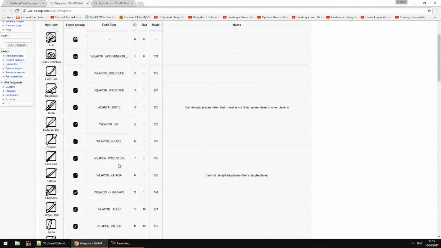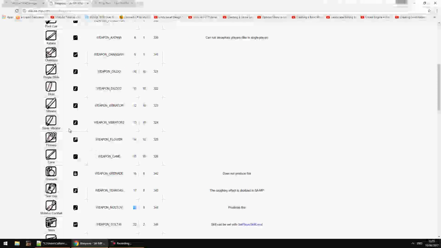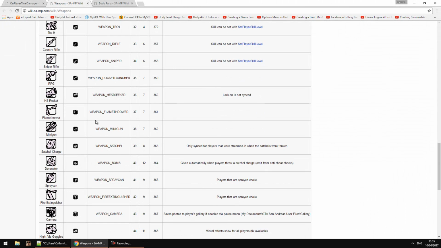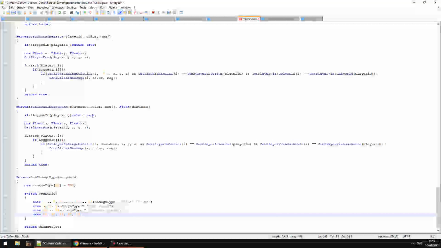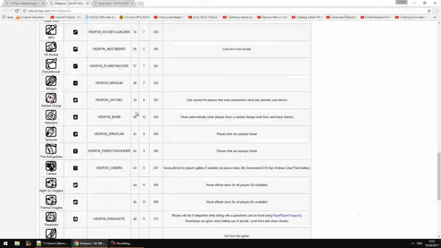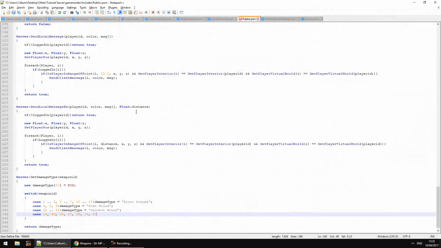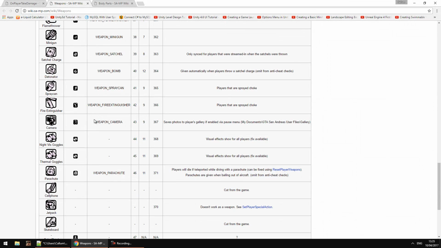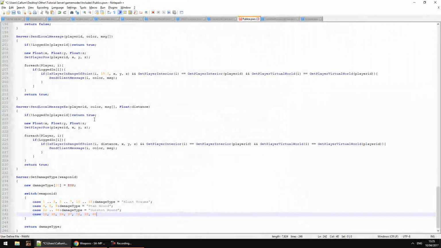Okay, that's that, and now explosives, so we'll go down to grenade, so 16, 39 and 40. I know the satchel detonator doesn't do anything, I don't think, but you know. And that's it. So that will be damage type is equal to burn slash explosive wound,